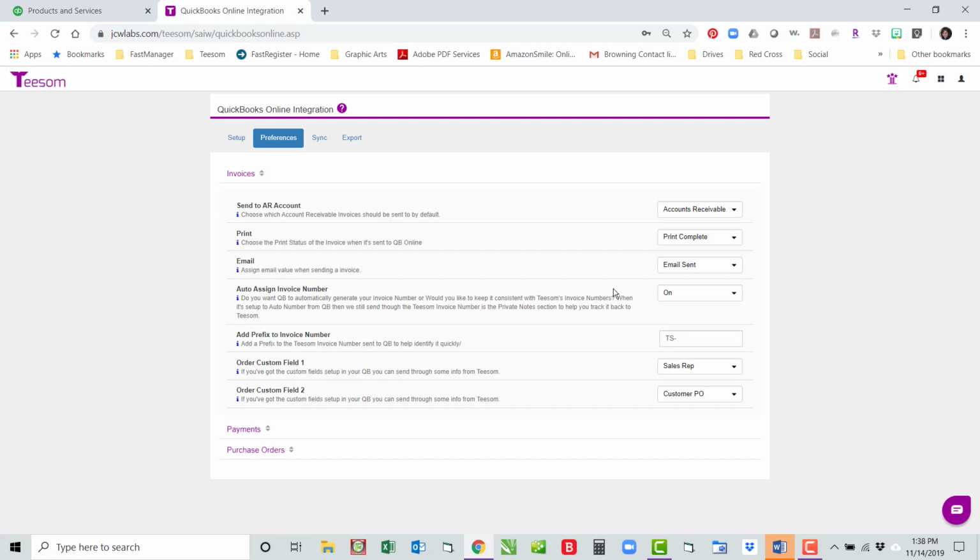Okay, auto assign invoice number. I have this turned on. You can turn it on or off, so let's read through the little description here. Do you want QuickBooks to automatically generate your invoice number, or would you like to keep it consistent with Teesom's invoice number? When it's set up to auto number from QuickBooks, then we will send through the Teesom invoice number in the private note section to help you track it back to Teesom. So auto assign the invoice number is on, or you have the option to turn it off,